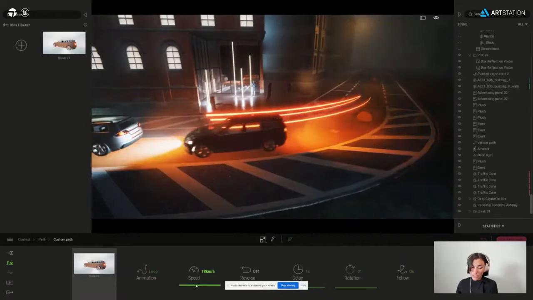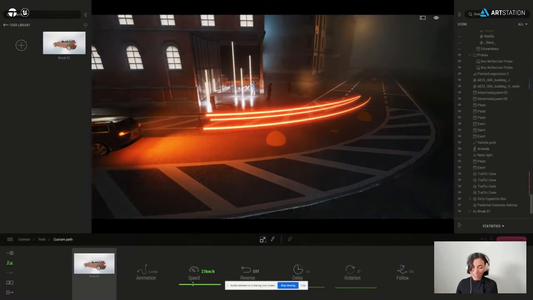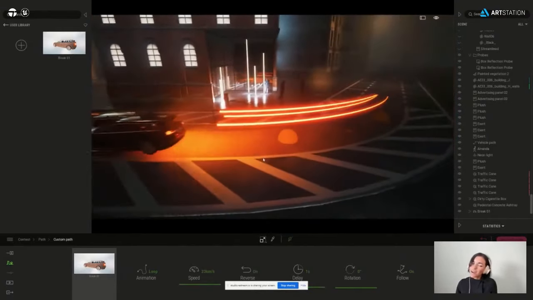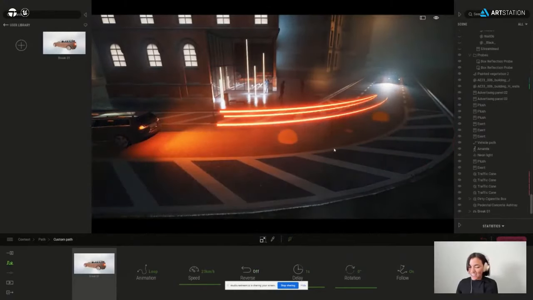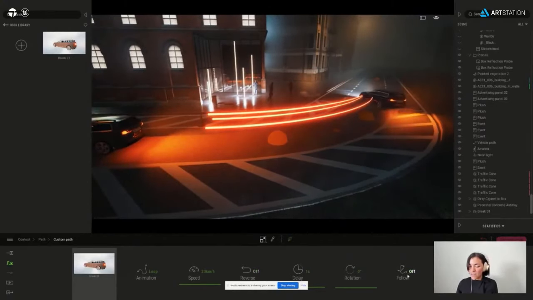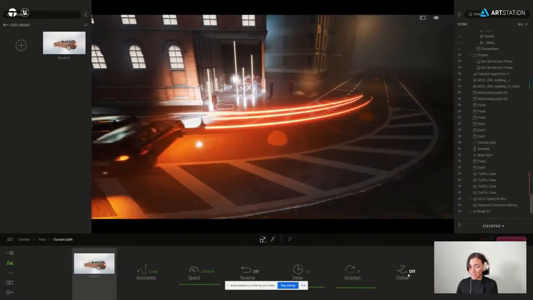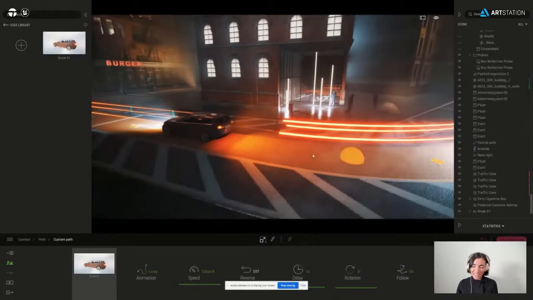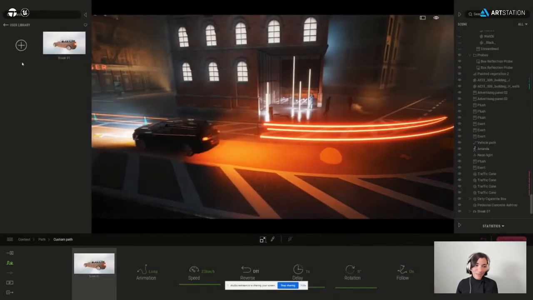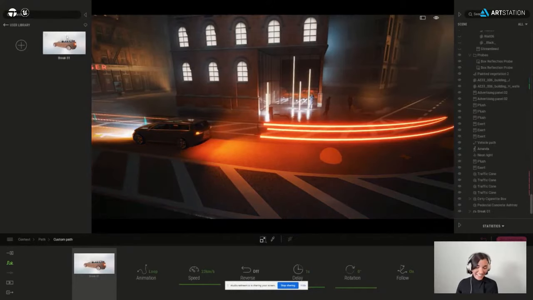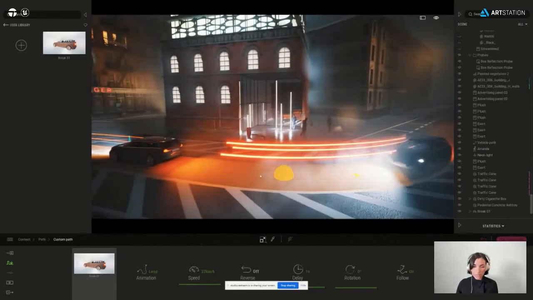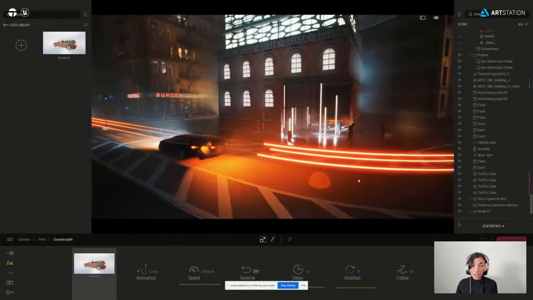And then we can control the speed. If we'd like to bump this up a little bit, we can control that here. We could also control whether it's reversing. Not sure why you would want to show this with a car, but perhaps you do. And then you can also control this follow, which makes sure that the car is aligned with that path as it's going through. So you have some different options here. This is just to showcase that you do have the ability to create any of these paths that you would like to help with your project. You are able to add them to your user library and then drag and drop it into the custom path. So this creates a great option for controlling some of these elements that might not be super noticeable at